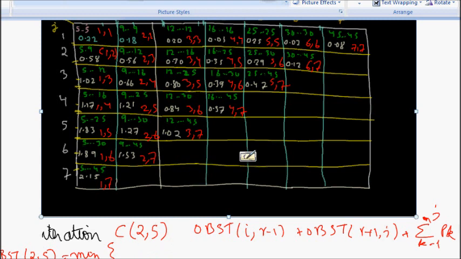So let r be initially 1. r will vary from 2 to 5. Let r be 2 first. So this will be OBST of 2 to 1 plus OBST from 3 to 5, plus this constant, the summation of pk. Let's calculate it also: P2 plus P3 plus P4 plus P5 comes out to be